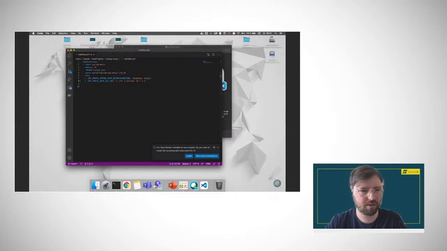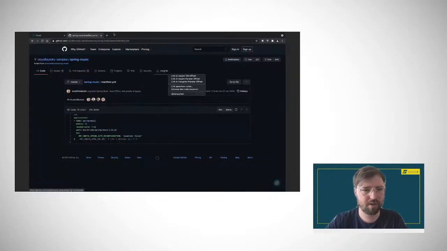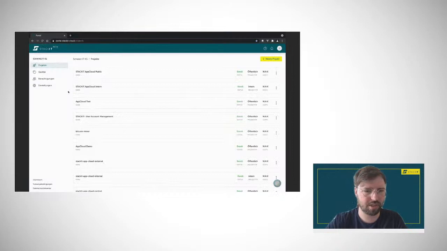So that is all that we prepared beforehand, just a normal Spring app that shows different music albums, and this manifest YAML, making it a bit special, preparing it for getting deployed to our AppCloud. Besides that, what we definitely need is an AppCloud project or a STACKIT project with an AppCloud runtime registered to it. So we can just take one of our projects,